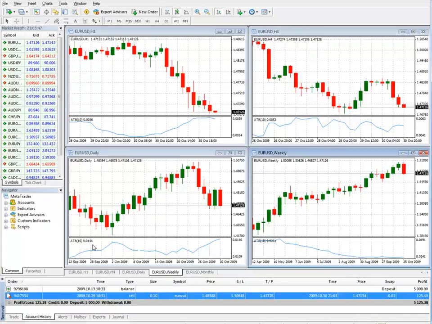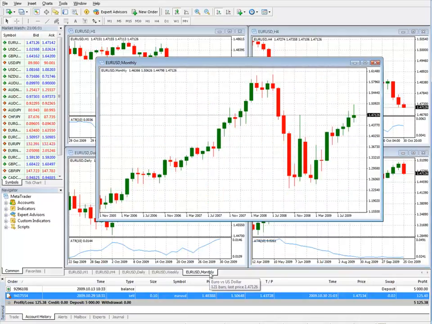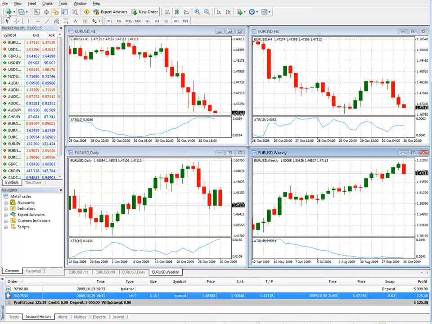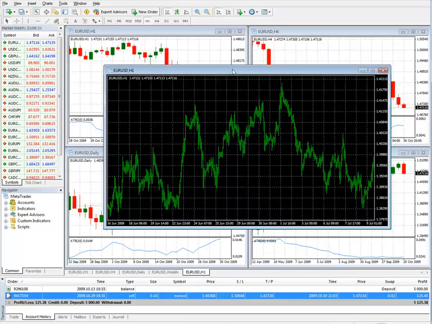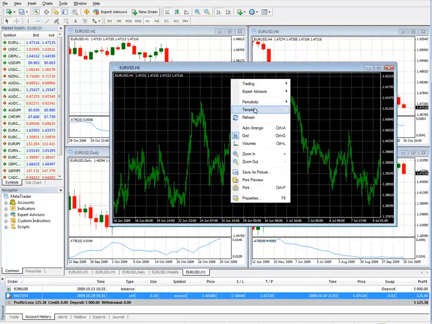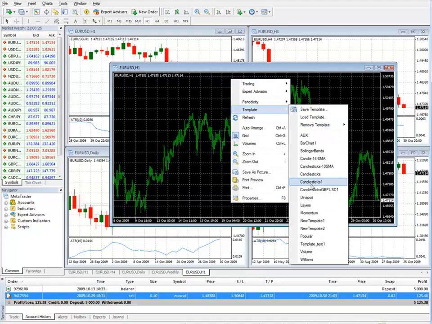Now, one additional thing that I'd like for you to do is, on your chart, I've already done it here, to create a monthly chart to add to our particular profile here. Okay, now I can close this chart and I'll show you how to create it on your own. We go up here, new chart. You see it's our standard chart there. We're going to go to templates, go to candlesticks 1,